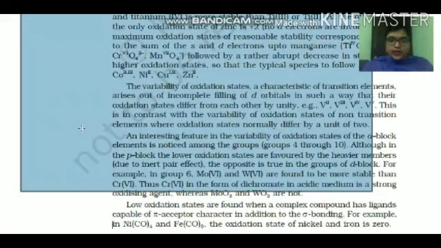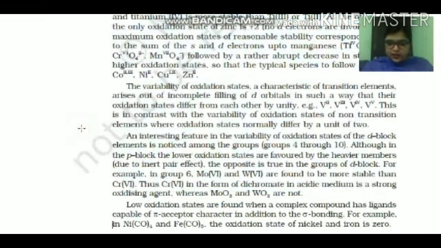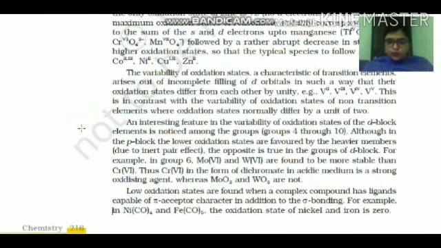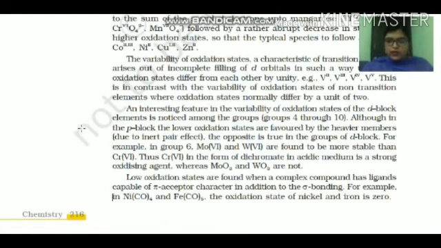Okay, so here you can see oxidation state varies by 2, by the unit of 2, in case of non-transition elements. And one more thing, it is mentioned here that one interesting feature about the oxidation state of d block elements is, children, what we have seen in p block,